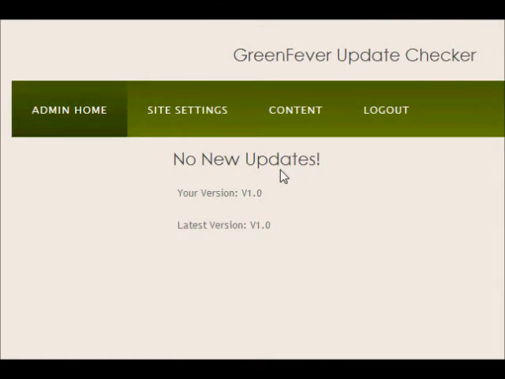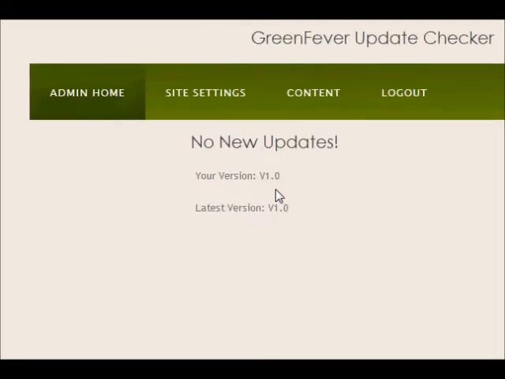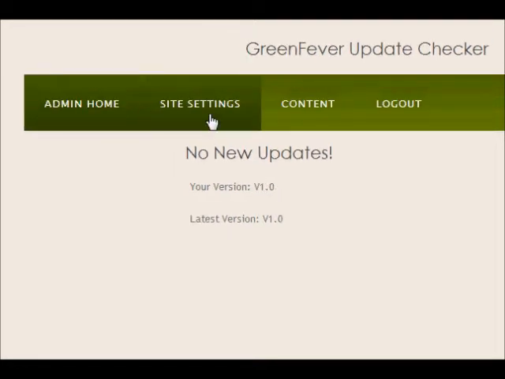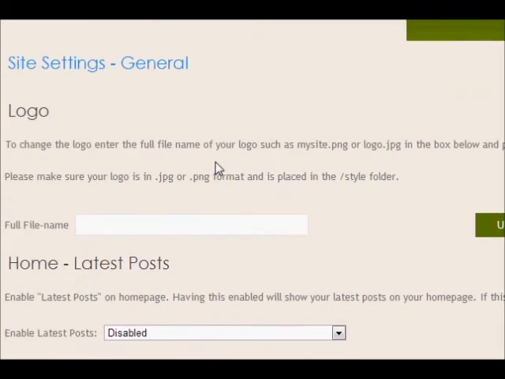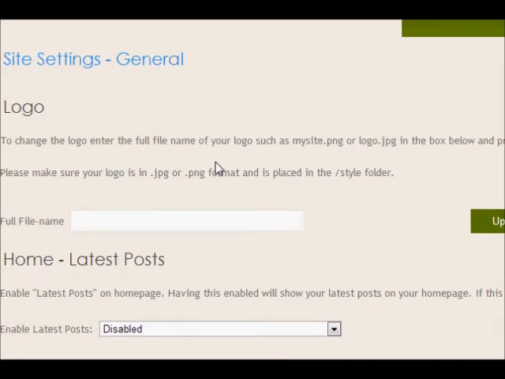Now, obviously, because this is the developer version, where it says your version here, 1.0, before it said it was 0.10. So yeah, but in the download, it will be all fixed. Then we can go to site settings. These are just the general site settings, and we can